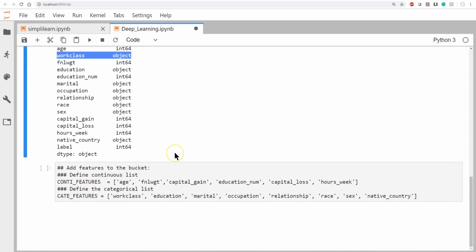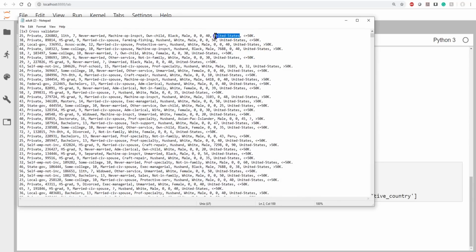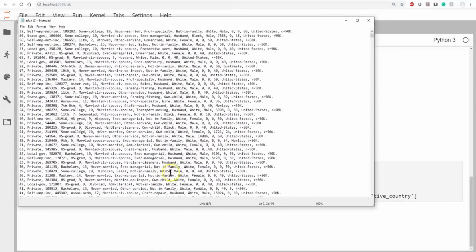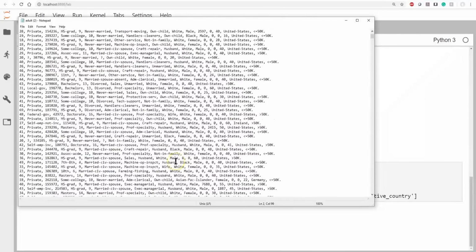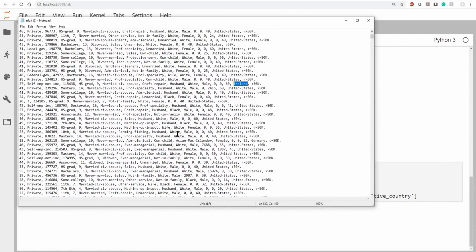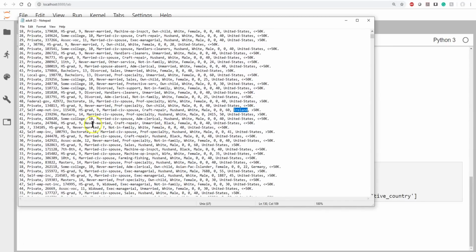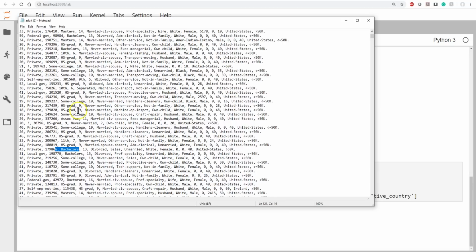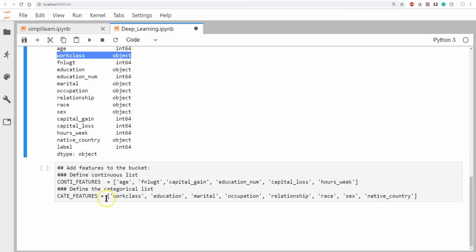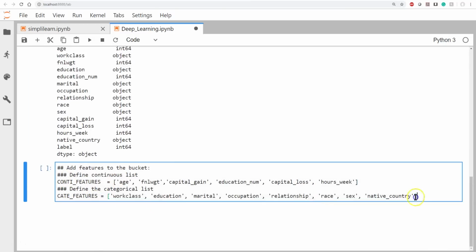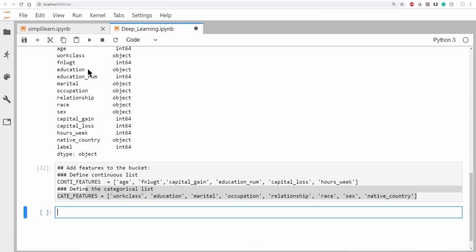And when we flip back over to the data, we can see here we're actually looking at United States. If we continue down, see if I can find another one. A lot of United States on this particular one. I was getting worried there for a second that we only had United States and it was a very biased census, which it probably is for wherever it came from. And of course, bachelor's, associate, vocational, some college. So you can see this is more categorical versus an actual number. So now we have our categorical and we have our continuous features. And this is just the list of these. So let's go ahead and run that and load that list in there so we can now start manipulating our data with it.